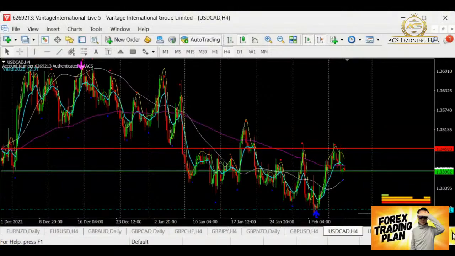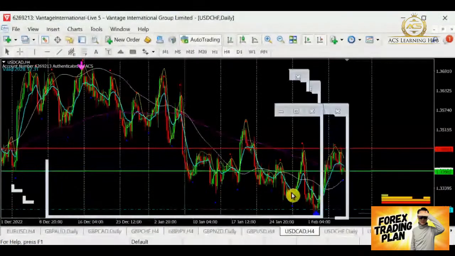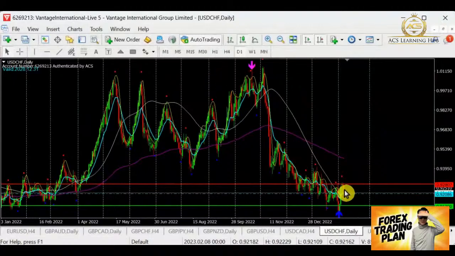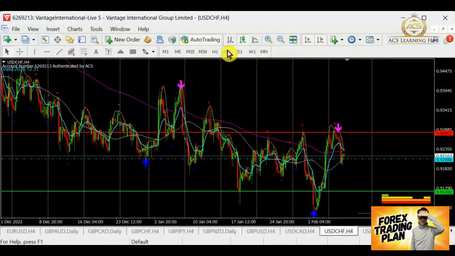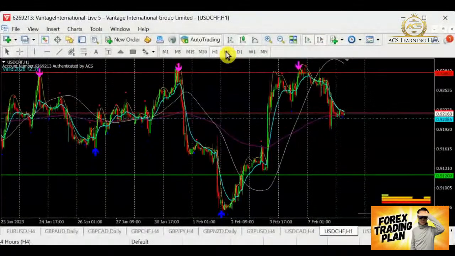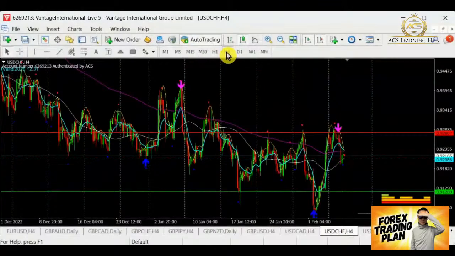Next up, there will be dollar franc. Let's take a look at dollar franc. Very obvious, we are into the bear. But it seems like it is landing here, and it is not very attractive for me to take a selling trade. Since yesterday, the news came in and pushed the price to test the resistance, and it is not breaking. So dollar franc today also has a chance for selling. Later on we will come in and take a look.